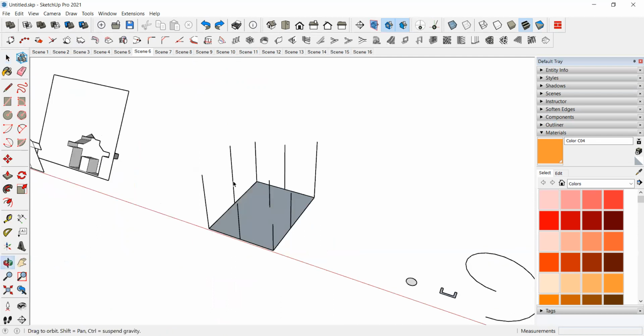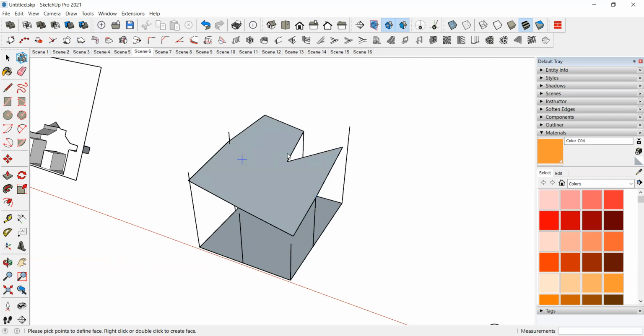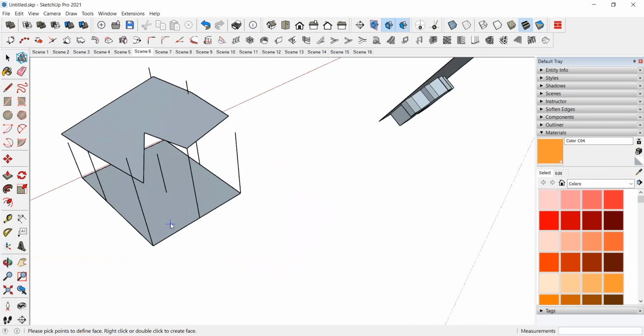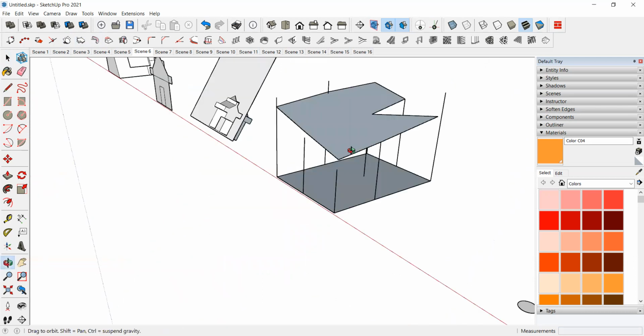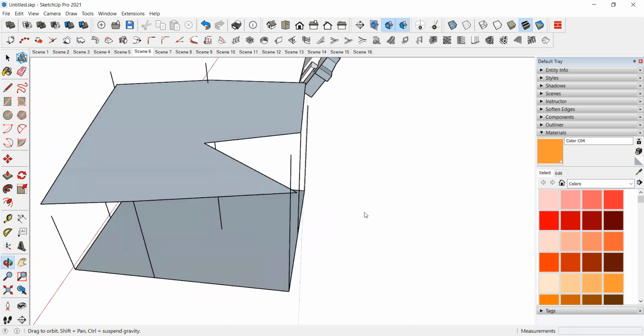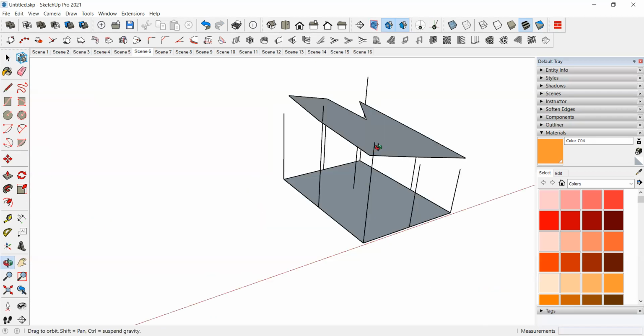Otherwise, again take, so it will draw a plane like this. Like it will try to cover all the faces, like a plane face it will create.